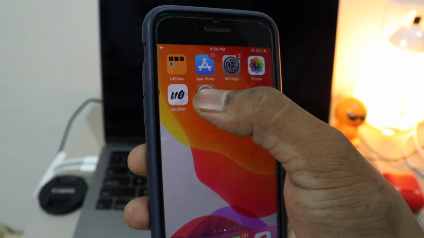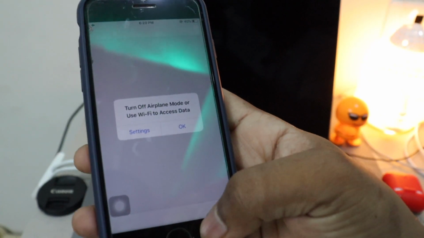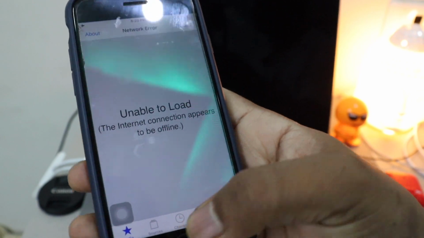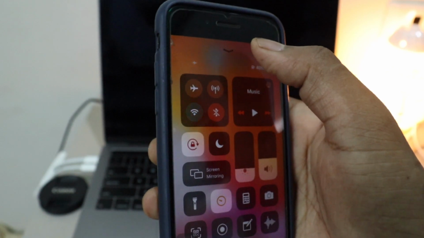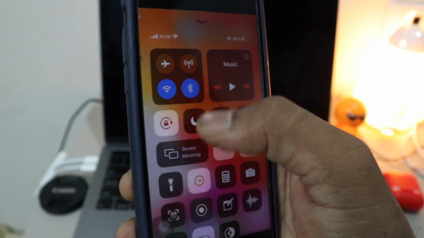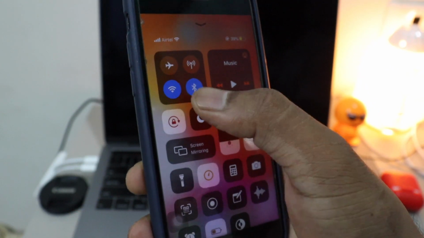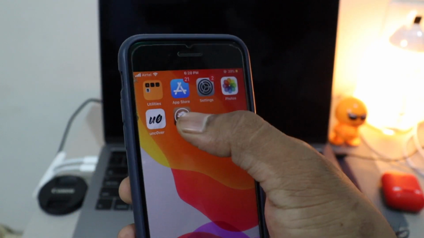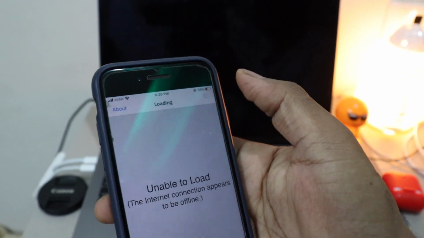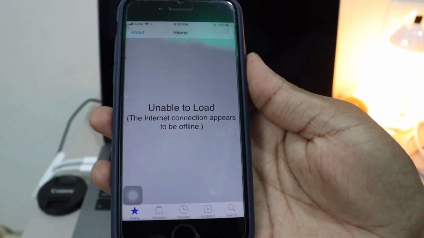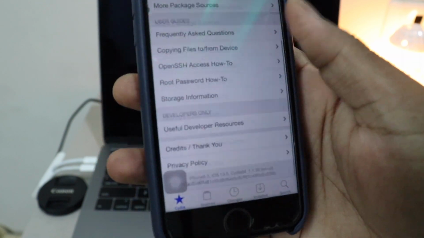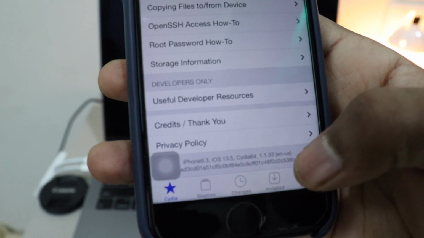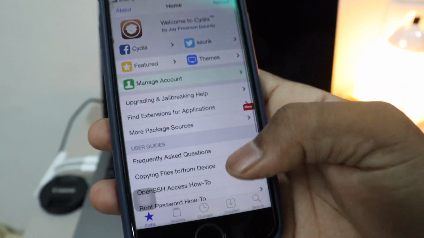And now open your Cydia, but wait, make sure you remove that flight mode and put it on Wi-Fi mode or just on your internet. Now open Cydia. There we go, you have Cydia and it's working completely on 13.5, which is the latest one.